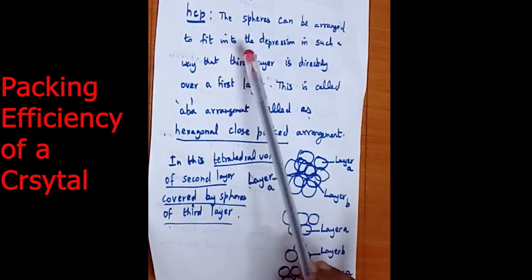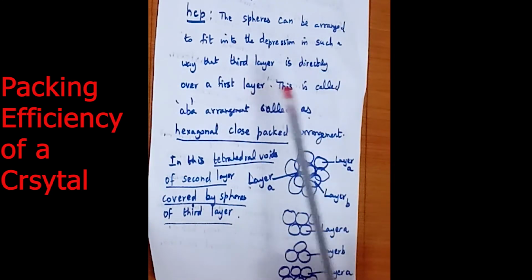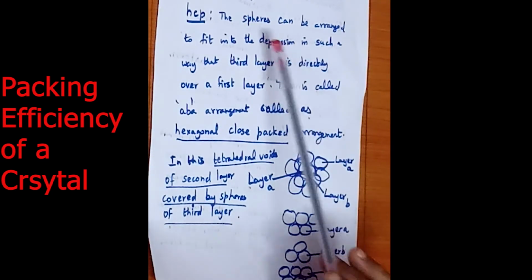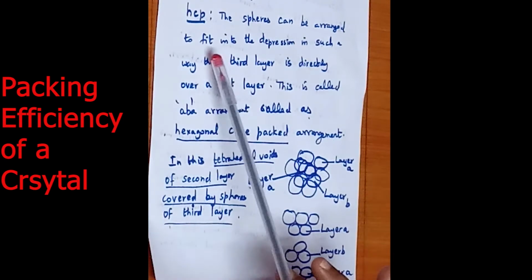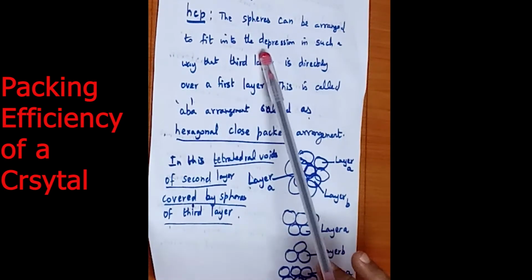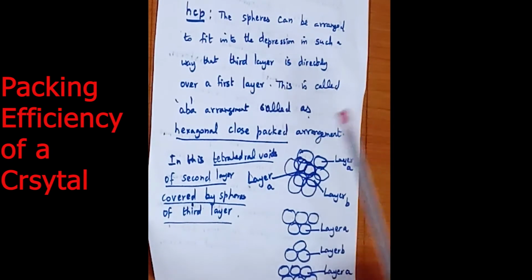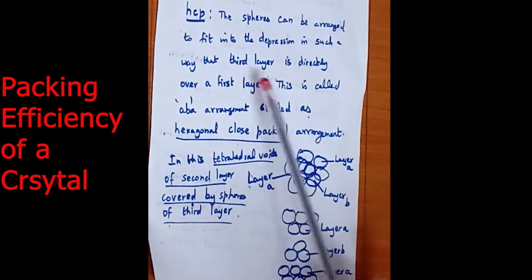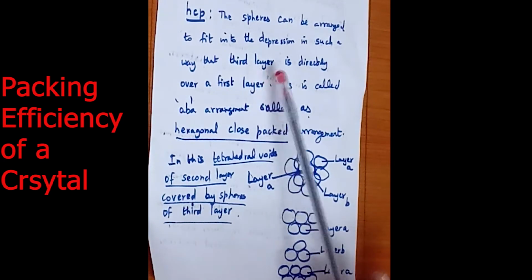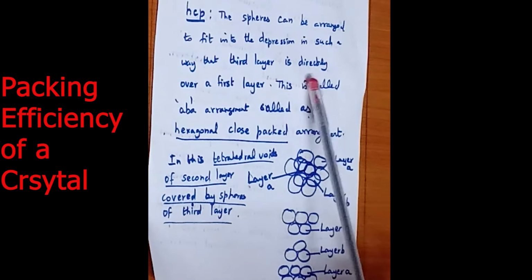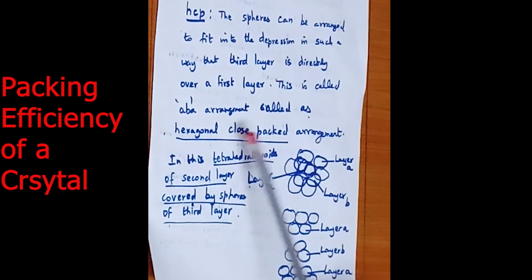So in hexagonal close pack arrangement, the spheres they fit into the depression. The atoms get arranged in such a way that they fit into the space depression where third layer is directly over the first layer. So here first layer la சொல்றது என்னது, arrangement of atoms in the crystal. சரியா? So third layer they are directly over the first layer where அதை என்ன நேம் பண்ணிருக்கோம், layer A, layer B, திருப்பி layer A தான் வரும்.